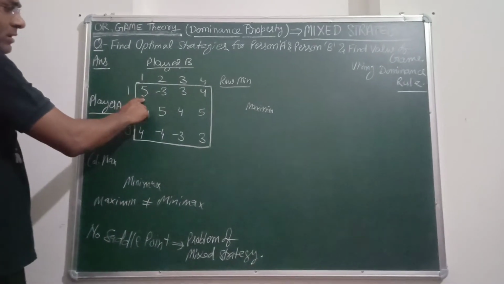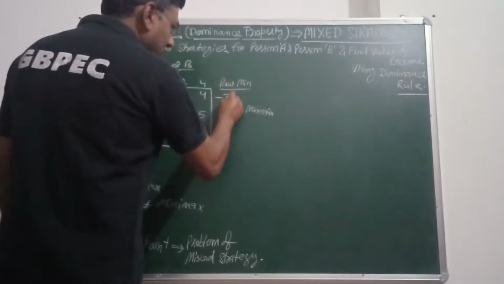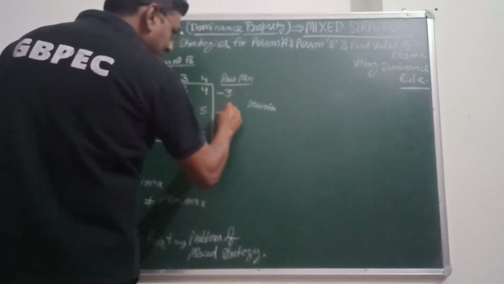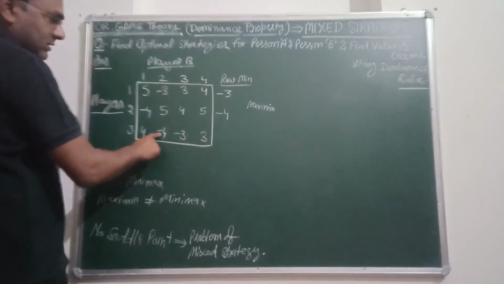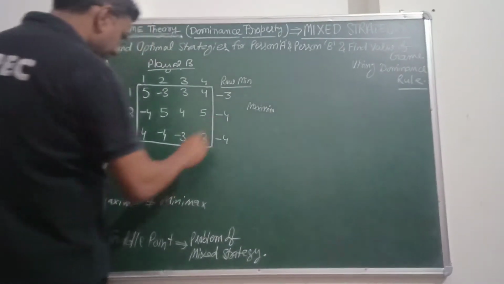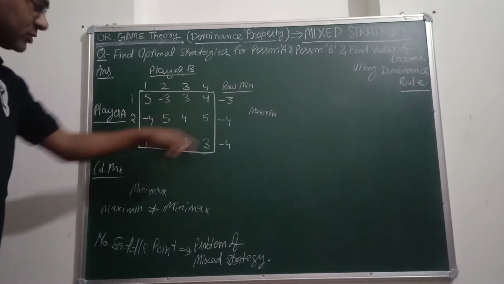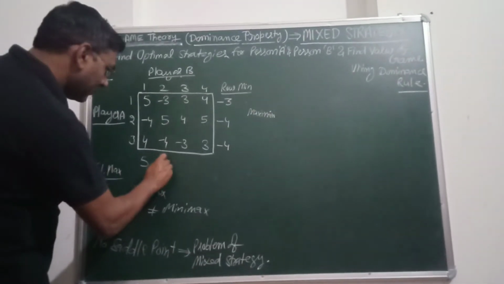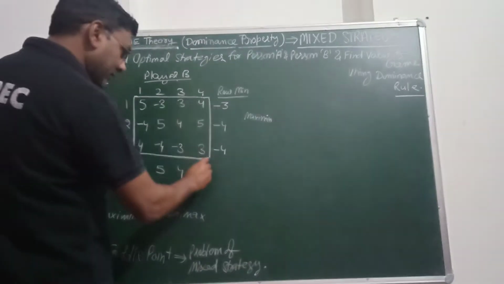Okay, from this row we will see that this is the value of the row minima. Now here the value is -4, and as you know we have to choose the minimum value. This is the minimum value. Again, from the columns we have to choose the maximum value from each column. Okay, 5, -4, 4. This is 5, and similarly here the maximum value is again 5. Here the value is 4, and here the value is 5.